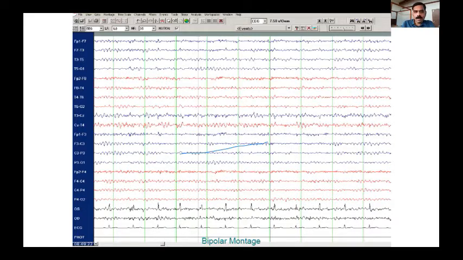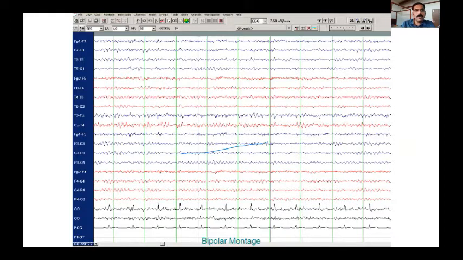As the baby sleeps, we do tend to see a lot of these sleep variations like vertex waves and sleep spindles. And if the baby has slept for a longer time, that is, the baby has gone into stage 3, stage 4 sleep, we can see diffuse low background activity, so encephalopathy in a child, depending.